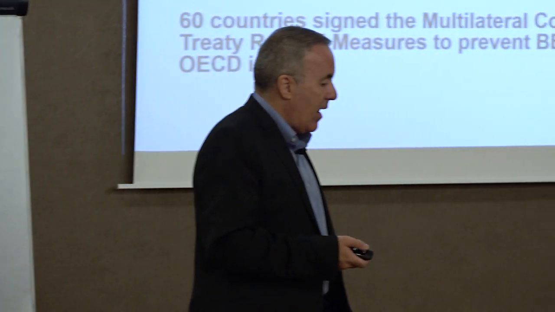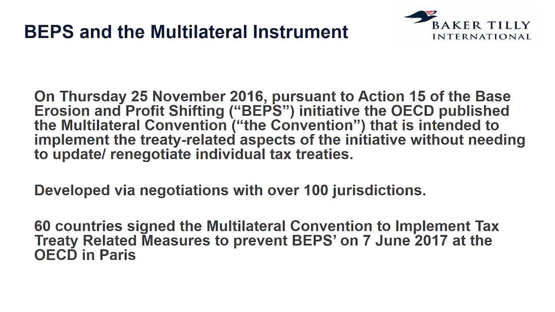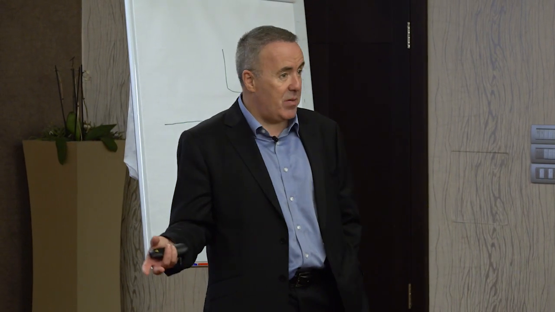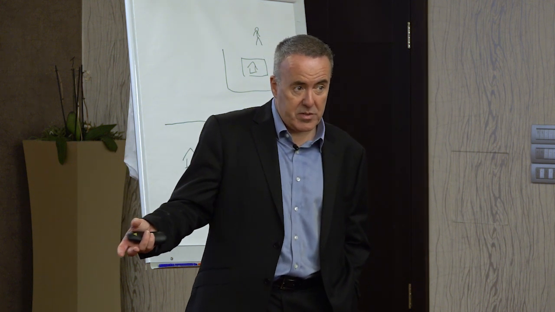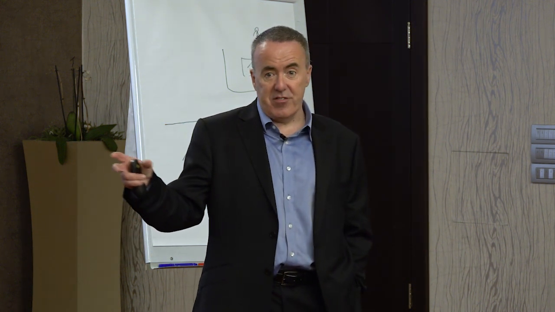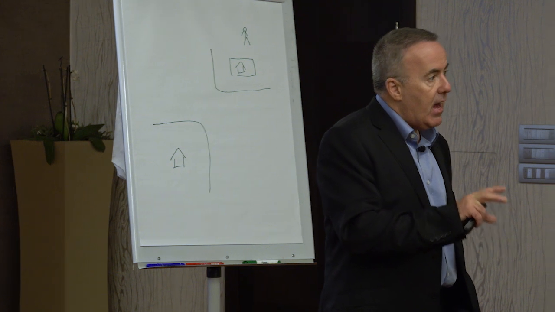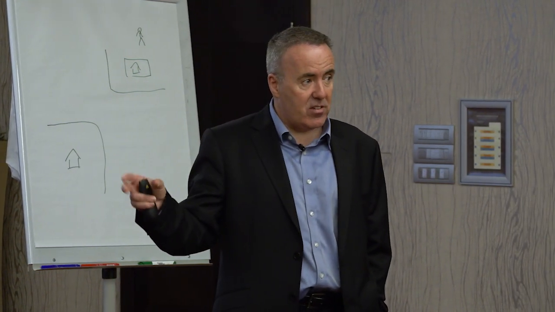I'll just very briefly say something about the multilateral instrument. I mentioned this yesterday. This came in 2016. What the multilateral instrument is really doing is saying to all the OECD members and all the other signatories, look, we want your double tax treaties to have these extra provisions in. We want them to have, for example, a limitation of benefits clause. We want them to have a general anti-abuse rule. We want them to have some other provisions that mean, for example, your transfer pricing rules work more effectively. We want them to have provisions that mean your definition of permanent establishment isn't weak.